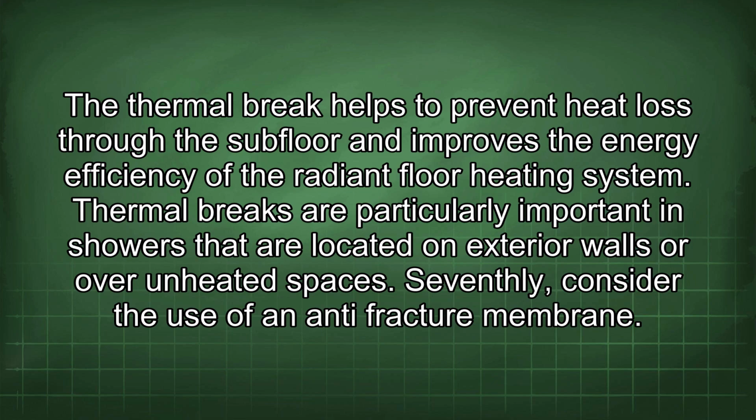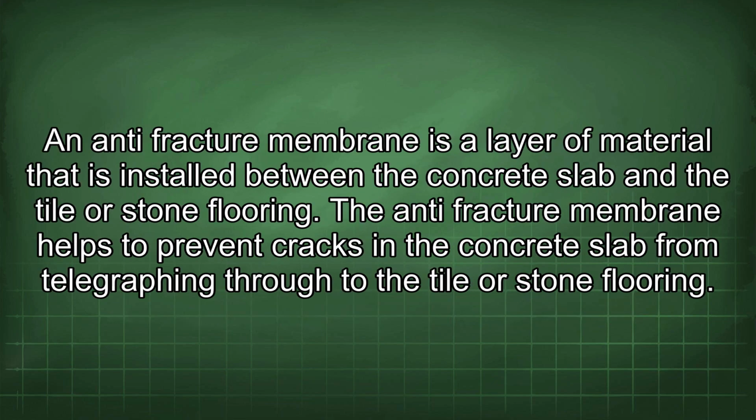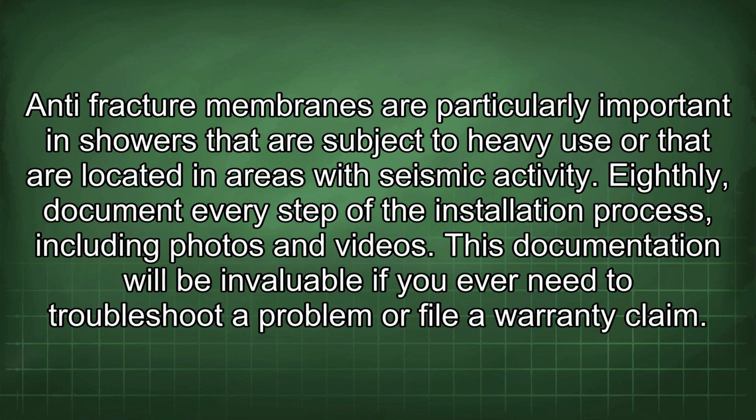Seventhly, consider the use of an anti-fracture membrane. An anti-fracture membrane is a layer of material that is installed between the concrete slab and the tile or stone flooring. The anti-fracture membrane helps to prevent cracks in the concrete slab from telegraphing through to the tile or stone flooring. Anti-fracture membranes are particularly important in showers that are subject to heavy use or that are located in areas